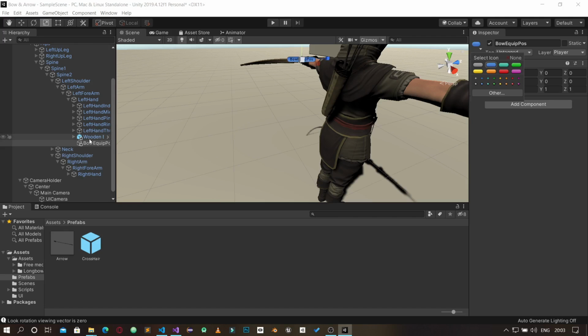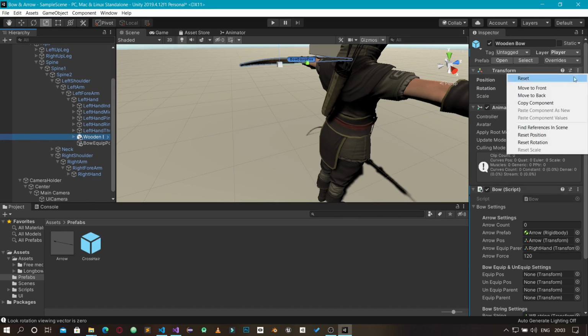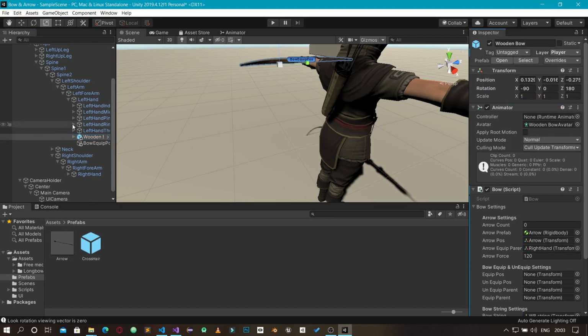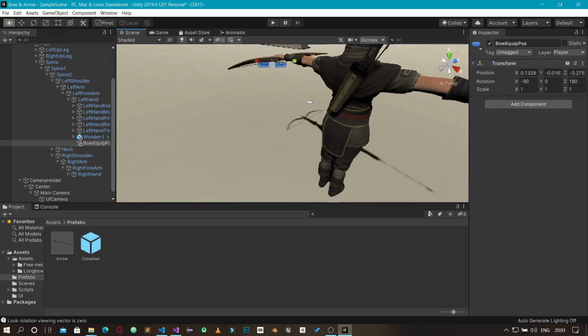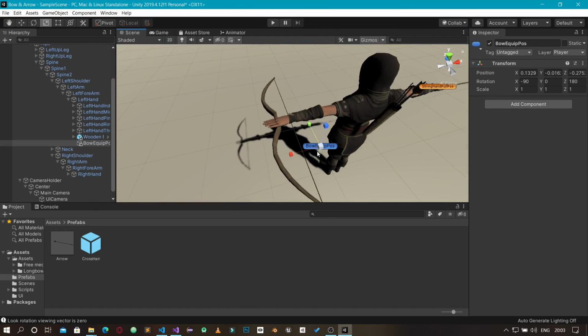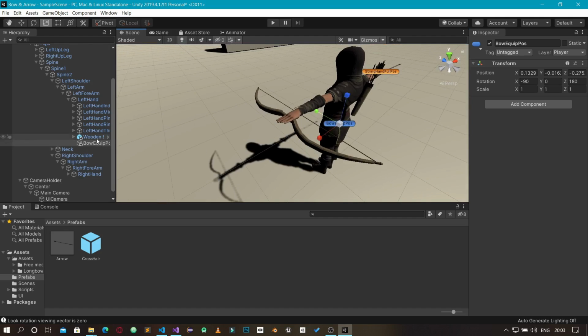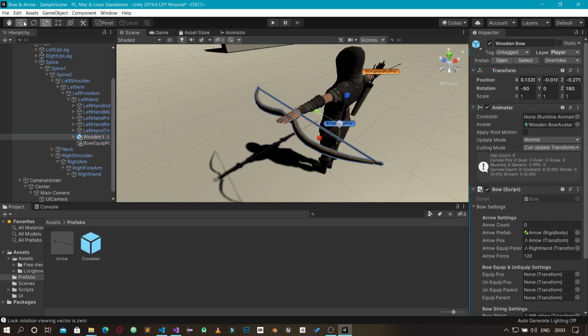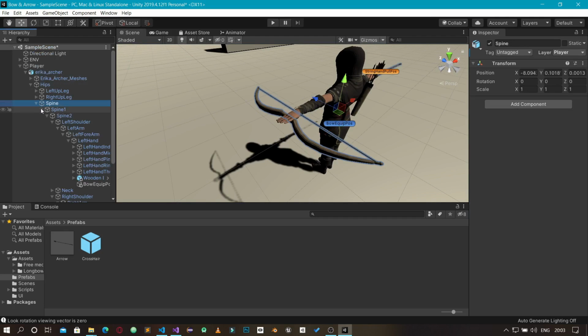And then we are going to copy the component from this bow copy component, and then we are going to paste the component values here. So the transform component of our bow is going to store our position and rotation of the bow when it is equipped. Okay, so the next one is we are going to go into our spine, the character spine over here,